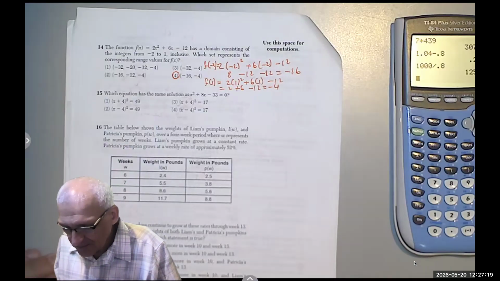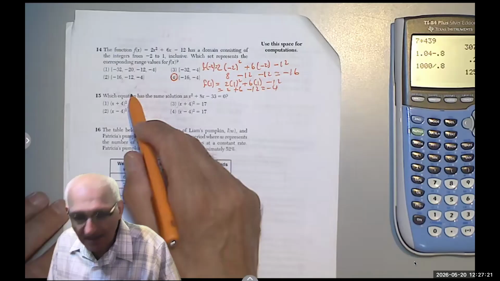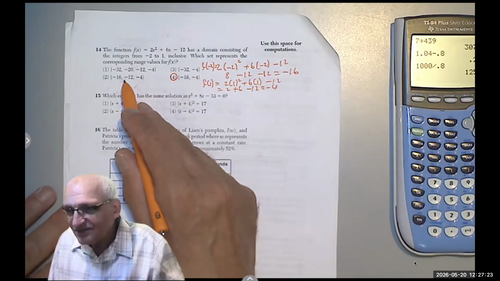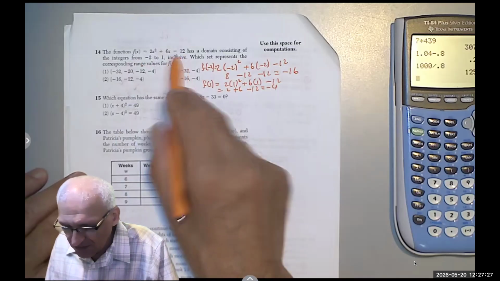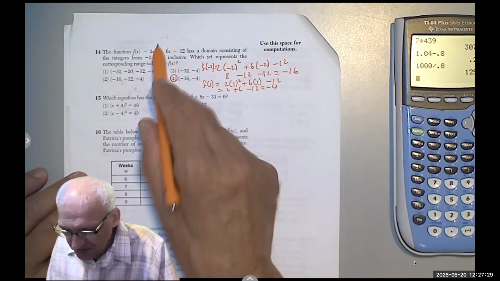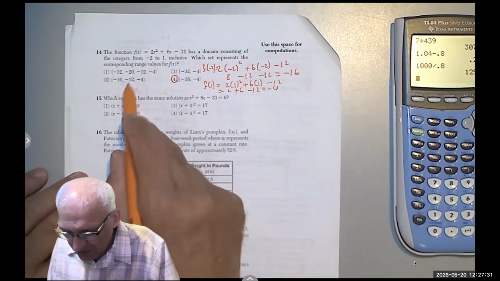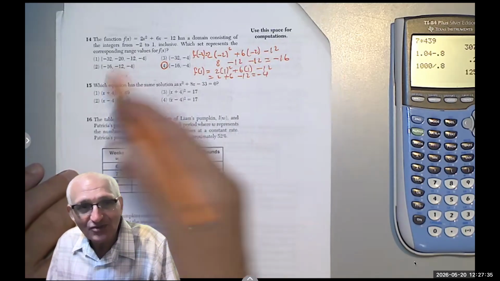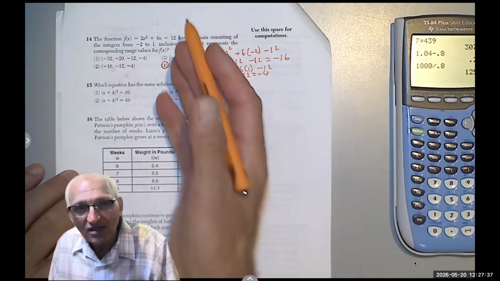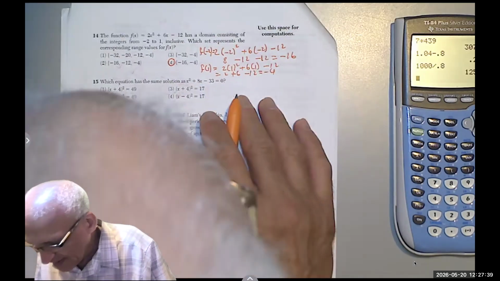Okay? Some students put this because they may not understand the meaning of domain. So they say, okay, what about f(x) equals 0? You get 0 plus 0 minus 12. Oh, so it must be this one. So why do you do negative 2, 0, and 1? Why didn't you do negative 1 also, right? Anyway,